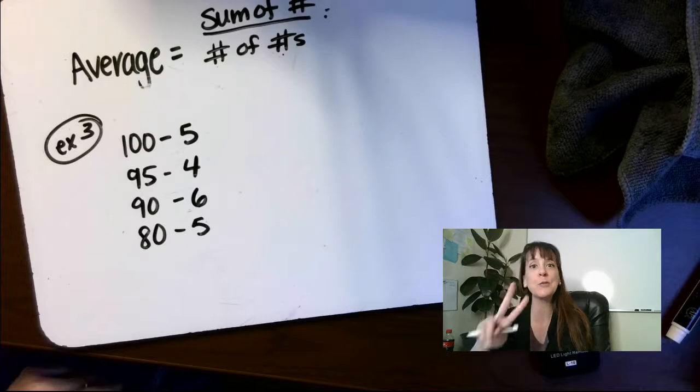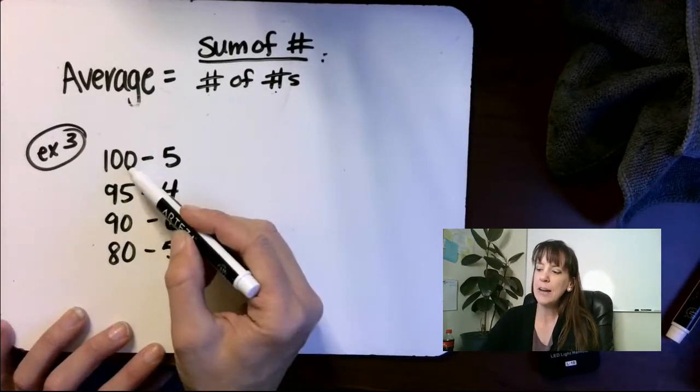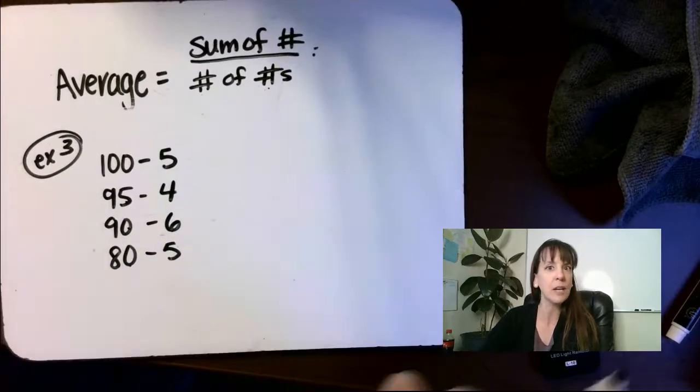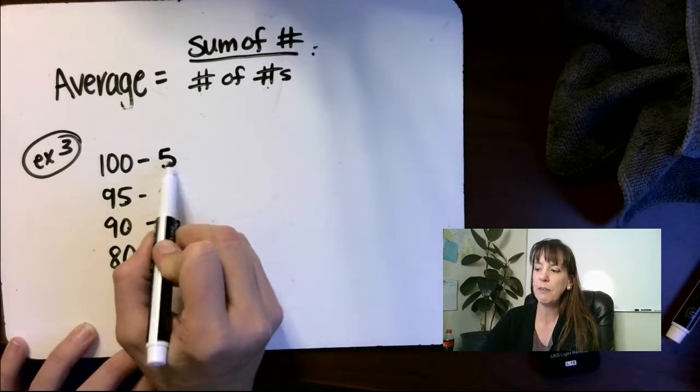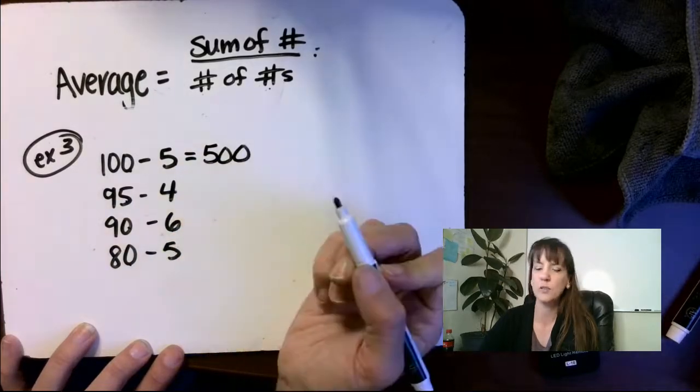All right, guys, this is a two-stepper. We've got to figure out all of this. We have to add all those up first. But we don't just add 100 plus 95 plus 90 plus 80. You gotta multiply, right? Since there were 5 people who got 100, that's going to be a score of 500,